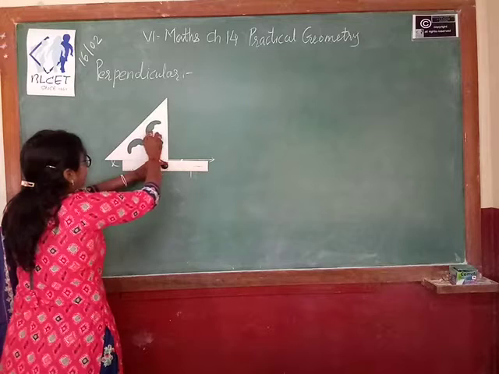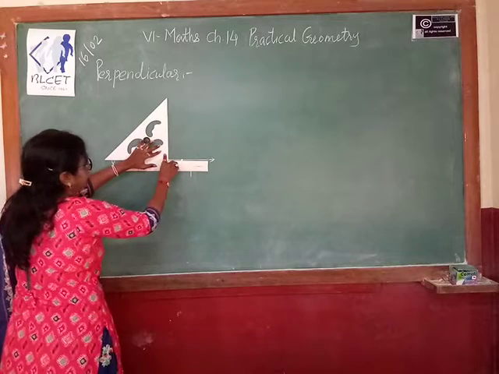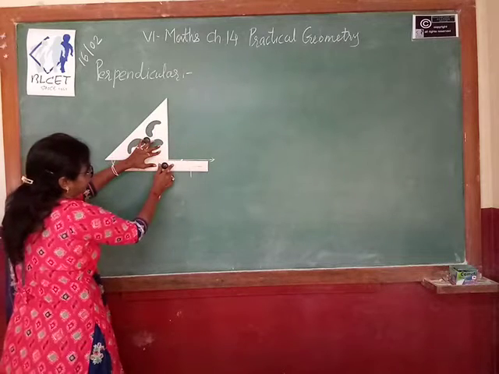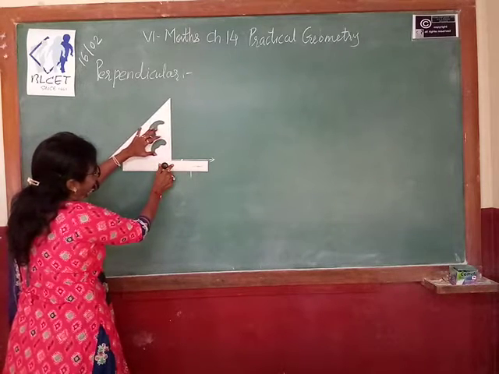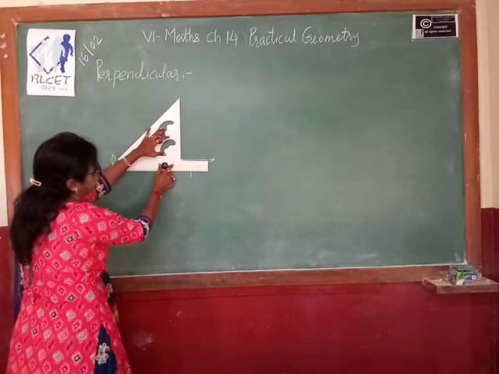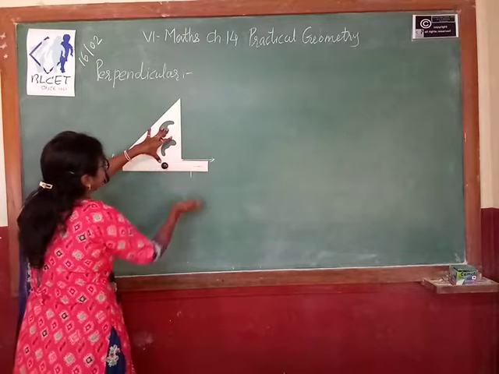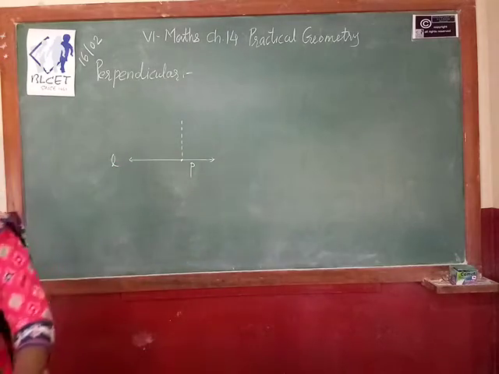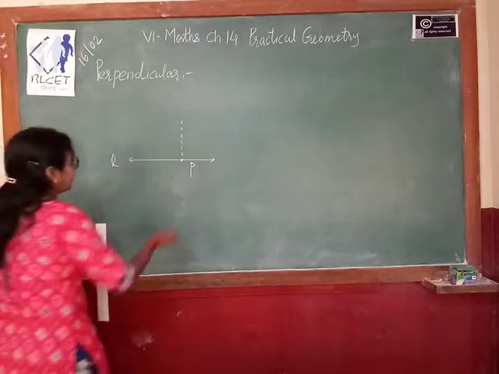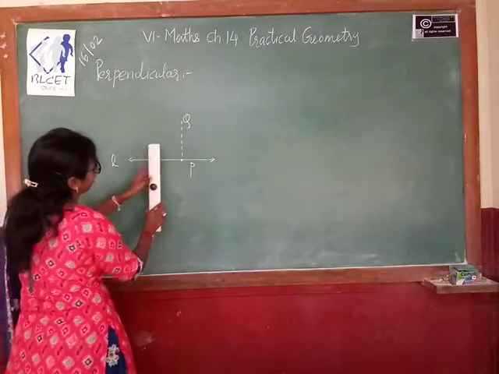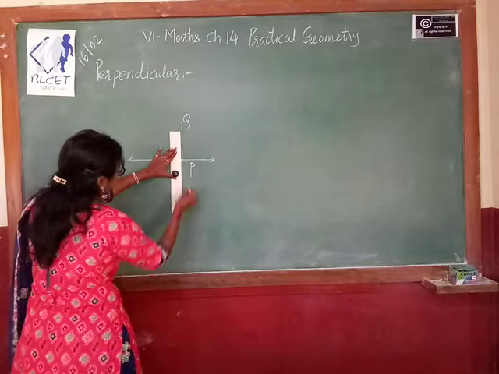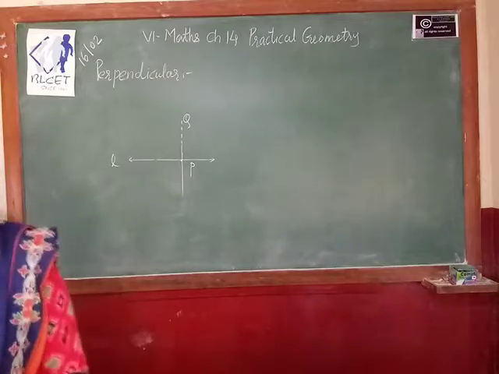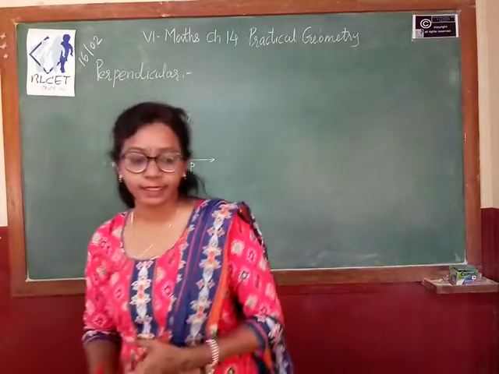And this is your set square. Keep your set square above. Here it makes the 90-degree angle, this way also and this way also. Now we have to slide this till we reach the point P. Now you just draw this line. So this way you can draw the line segment PQ which is perpendicular to line L. If you want, you can extend it. So this way we can construct the perpendicular with the help of ruler and set square.